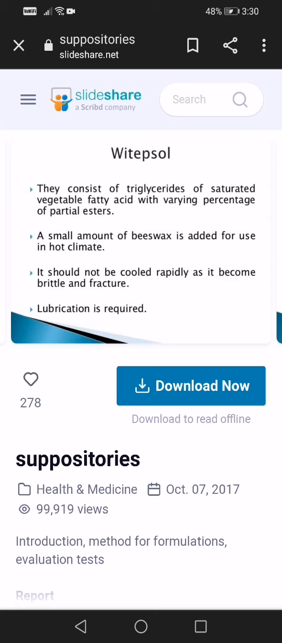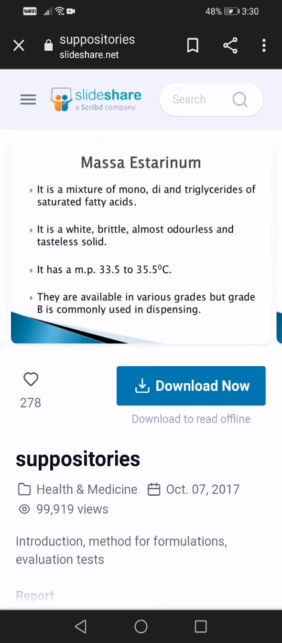And Witepsol consists of triglycerides of saturated vegetable fatty acids with varying percentages of partial esters. A small amount of beeswax is added for use in hot climates. It should not be cooled rapidly as it becomes brittle and fractures, and lubrication is required whenever you use Witepsol as a base. And Massa Estarinum is a mixture of three types, that is mono-, di- and triglycerides